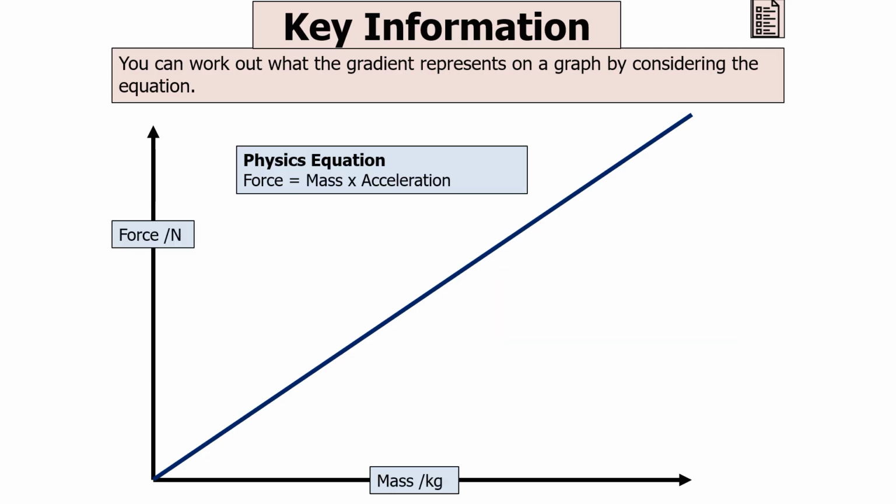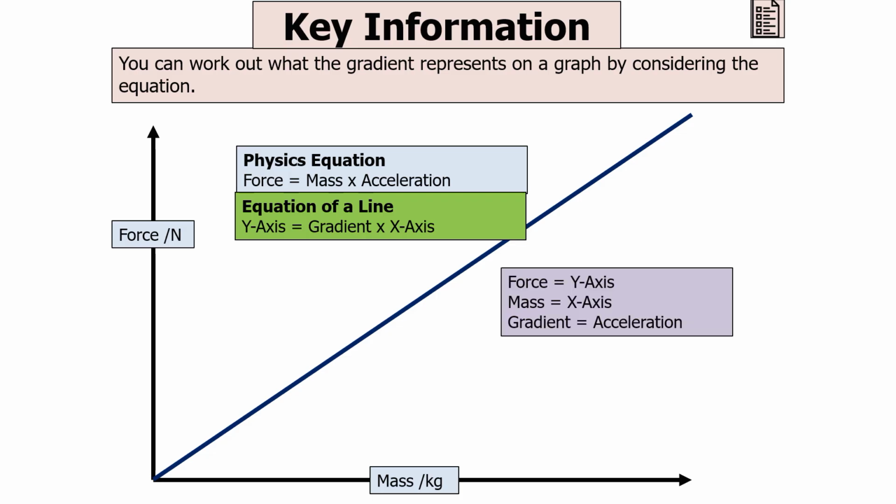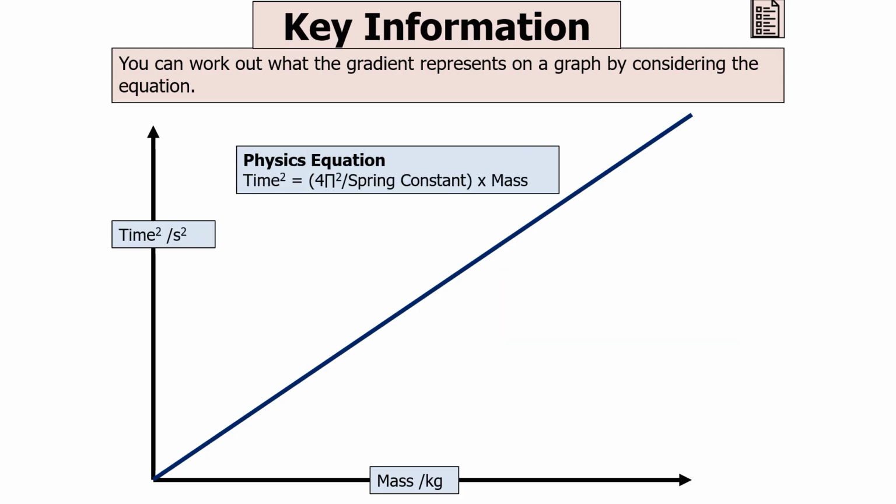In this example, force is equal to mass times acceleration, but we know y equals mx. So the force is the y-axis, the mass is the x-axis, and the gradient is the acceleration. Now, it doesn't have to just be single terms. You can have powers in there. So, for example, if the physics equation is T squared equals 4 pi squared over k times by m, well,